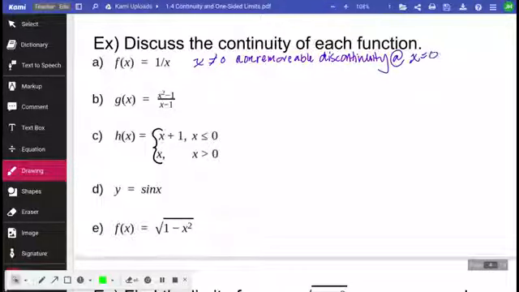at x equals 0. Since it can't be that, it has a non-removable discontinuity, and I can't do any factoring to it. This one, if you notice, x can't be 1 from the beginning, but the numerator factors into x plus 1 and x minus 1, a difference of 2 squares. The bottom is still x minus 1. Since I can cancel it and get x plus 1, that allows me to plug in 1. So I couldn't plug in 1 originally, but the limit does exist at 1. So that would be what we call a removable discontinuity